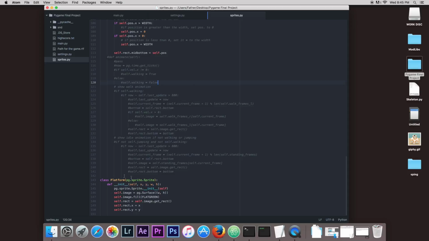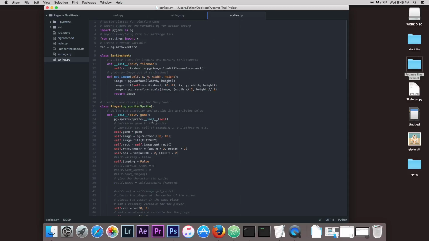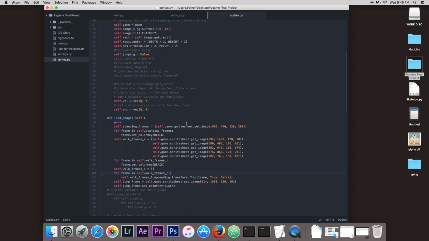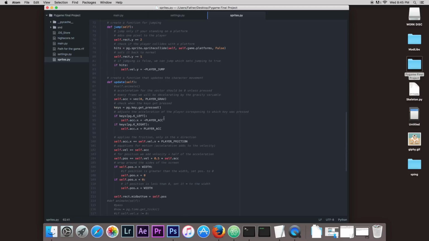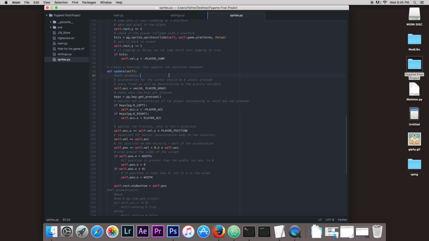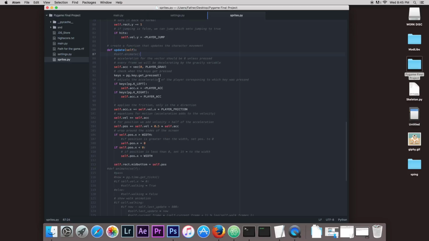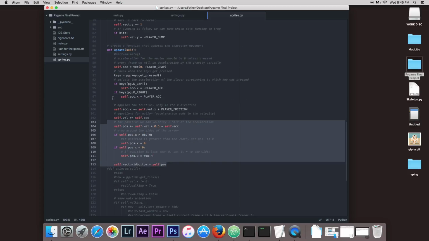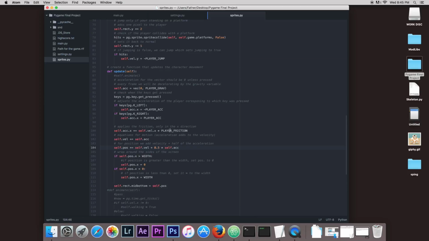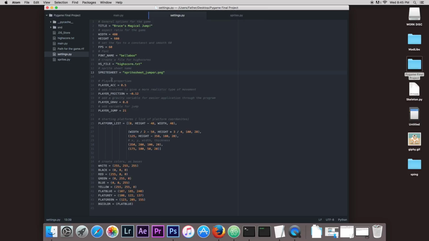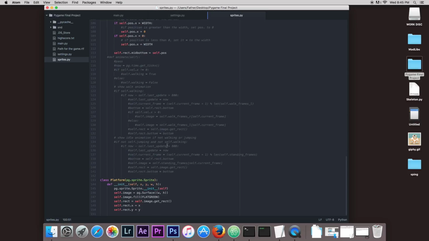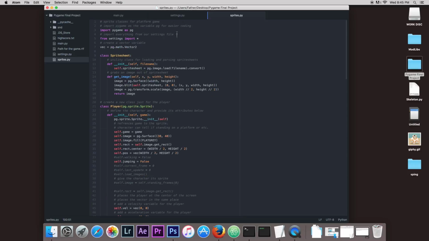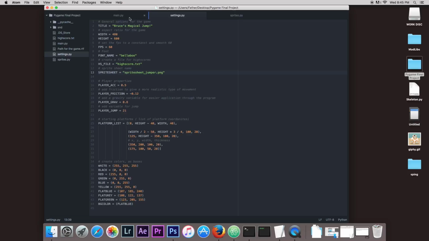But anyways, I've created a few different classes. One here for the player, the sprite sheet, which is not that important at the moment. Right here we have update. This essentially is for the player movement and things like that. So as you can see, I've defined variables here, added them there, makes everything run quite well. So if we go back here,